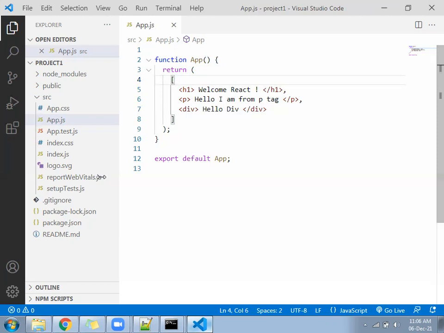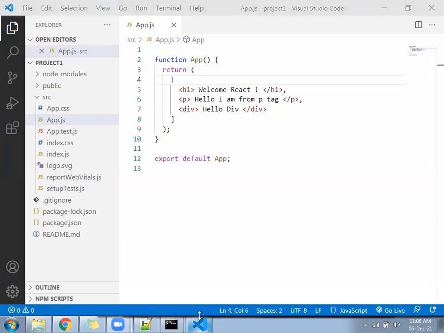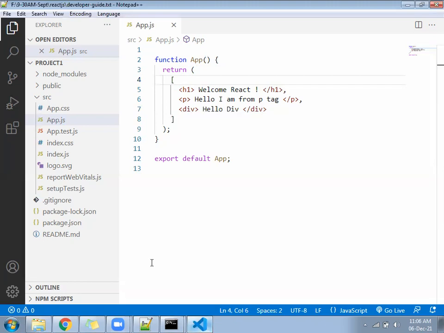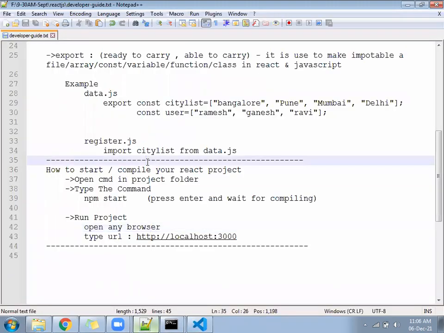Okay, come to the code now. Which file? We will go to the developer guide. In the developer guide, I will design a very good picture to guide you how the React works, what is the internal structure, which file communicates to which file, and how the output will come in the browser. I will be guiding you with the image. That will be the next class. Today we'll write only the JSX rules.